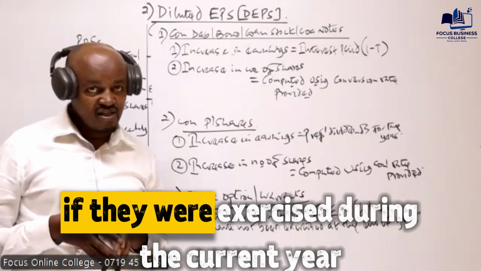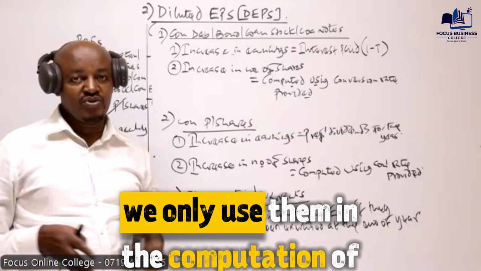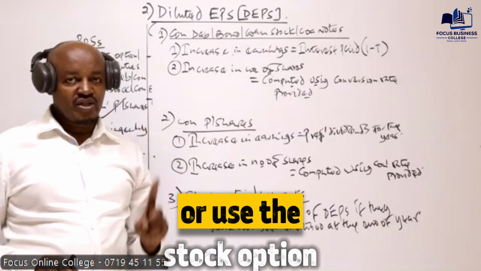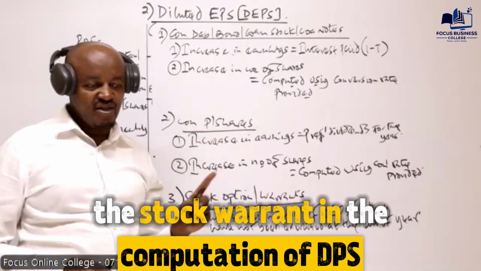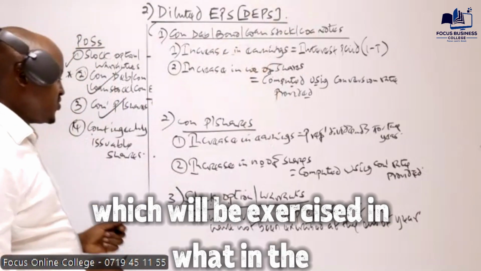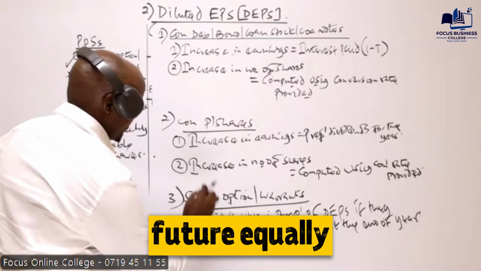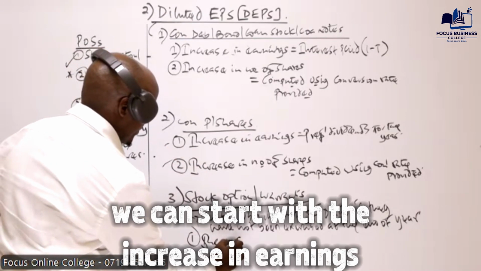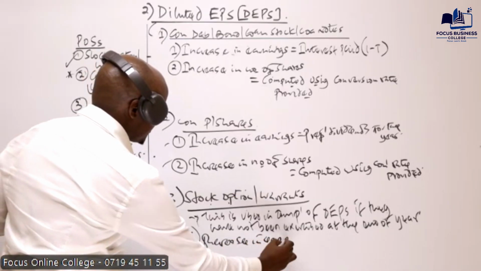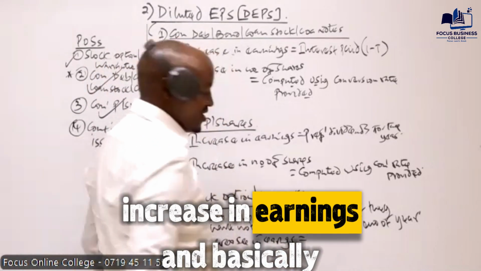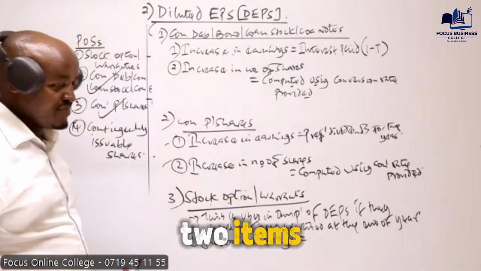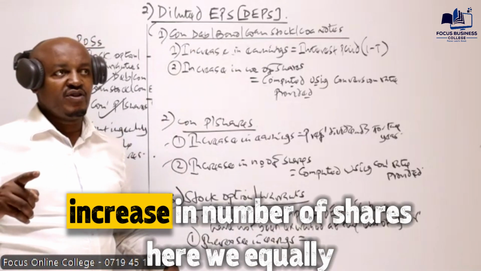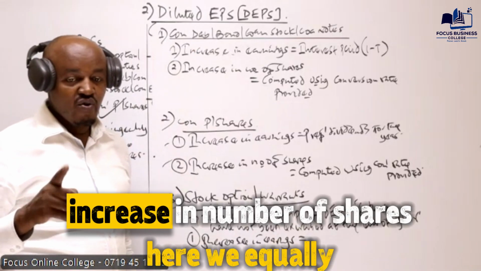If they were exercised during the current year, we only use them in the computation of basic earnings per share. But here we use the stock option, the stock warrant, in the computation of DEPS, which will be exercised in the future. Equally, having known that, we also need to look at how we compute these two items. We can start with the increase in earnings. For us to compute these two items, increase in earnings and increase in number of shares, here we equally assume,